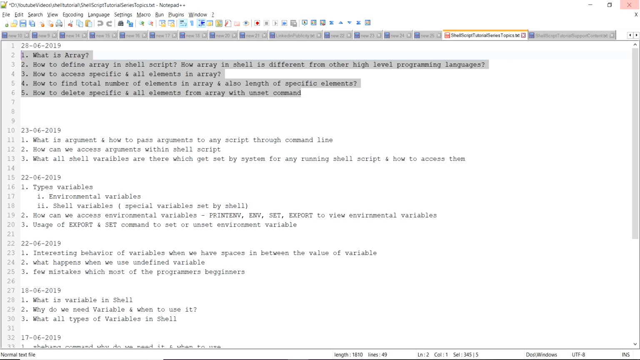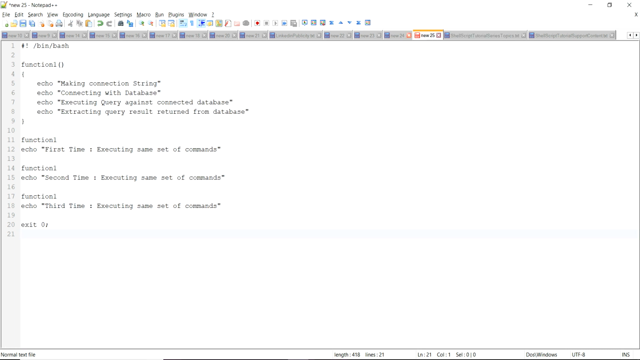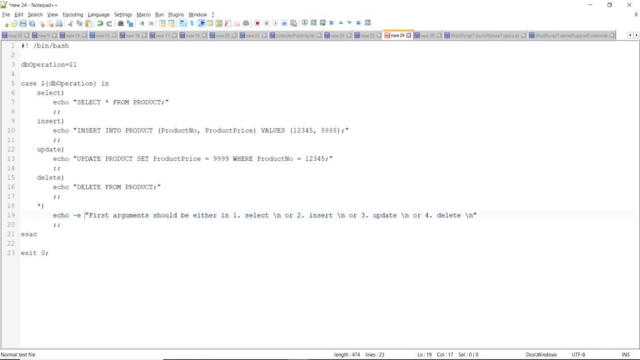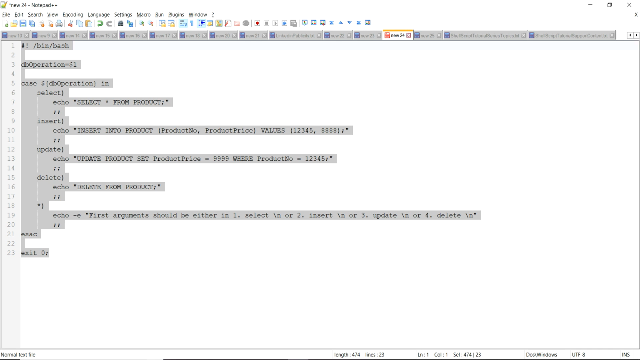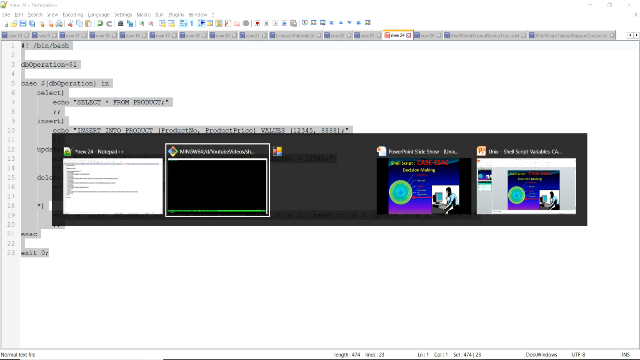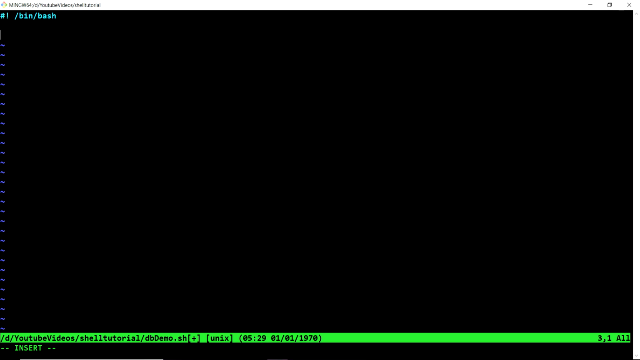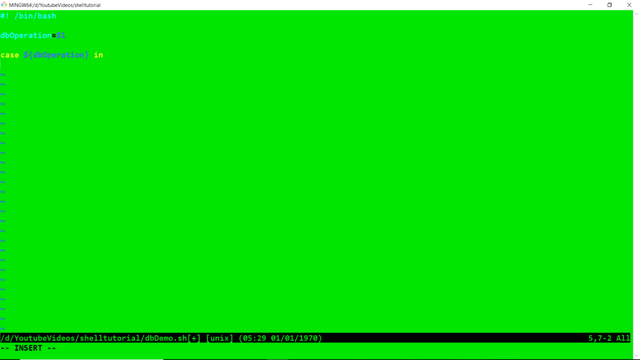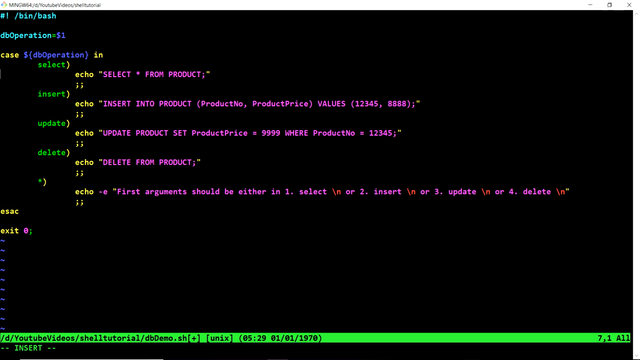I just created a small script which makes things clearer. So here, what I have done is, we just put it here and let me explain it. That would make things more clearer to you. What I'm doing here is I'm just accepting the first argument and passing that value to the DB operation, and I'm evaluating the value of DB operation, whether it's select, insert, update, or